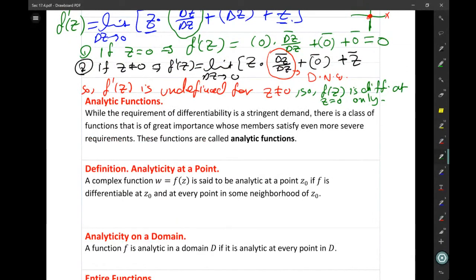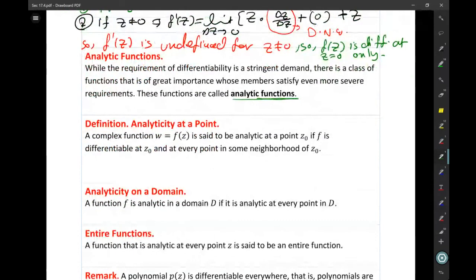Here is the class of function that is of great importance, whose members satisfy an even more severe requirement. These functions are called analytic functions. What is an analytic function? A complex function f of z is said to be analytic at the point z naught if it is differentiable at z naught, and